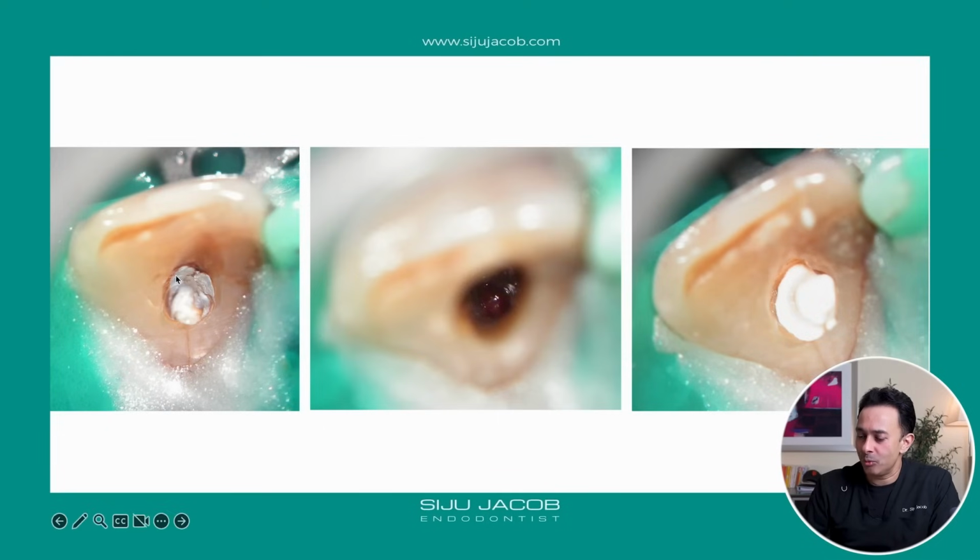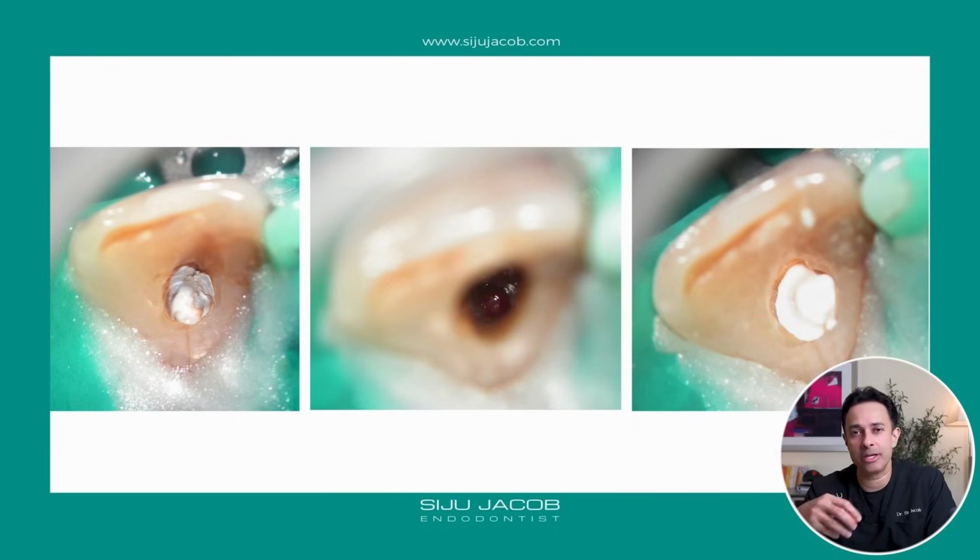So what I did was I removed the gutta percha, and when I look at the apex, you can see the apex is bleeding. So this is probably not a good environment to put MTA directly. So when I get a case like this, I usually like to put calcium hydroxide, wait for a week or two for the inflammation to subside, and then have a look at the apex after a couple of weeks to see whether it's inflamed or not, which is what I did.